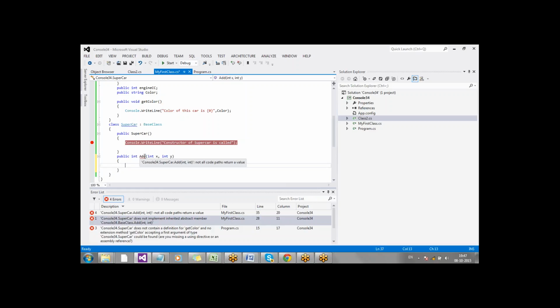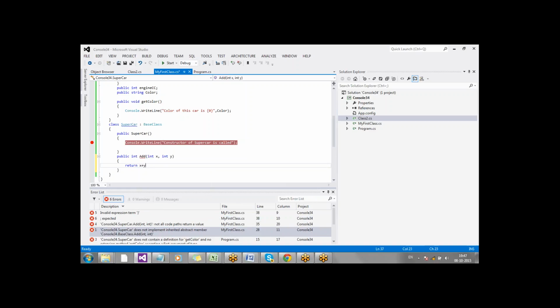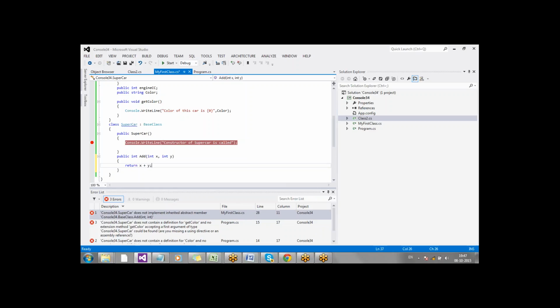Fine. So it should return x plus y. Will it work? Will it work or not? No. Why so?